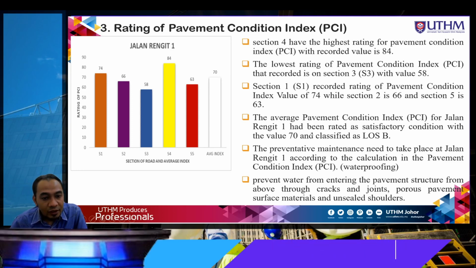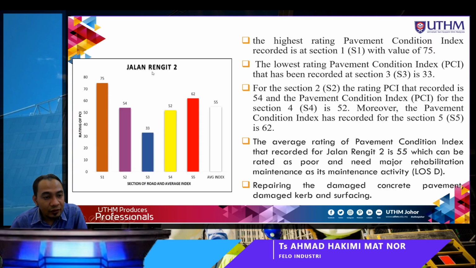So this means this road needs preventive maintenance in order to maintain its condition, especially with a focus on waterproofing. This is to prevent water from entering the pavement structure from above through cracks and joints, porous pavement surface material, and unsealed shoulders. And then for Jalan Ringit 2, the highest PCI value is at section 1,